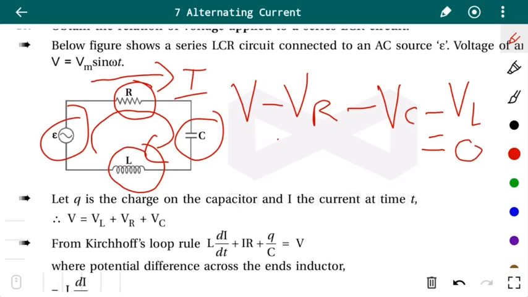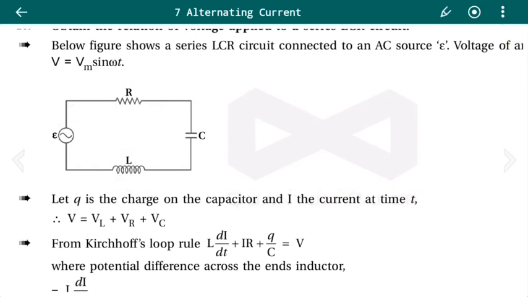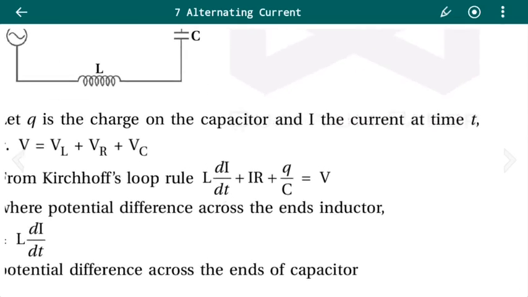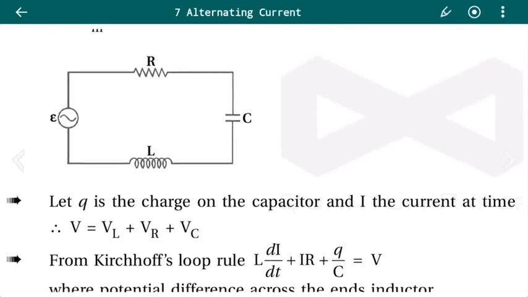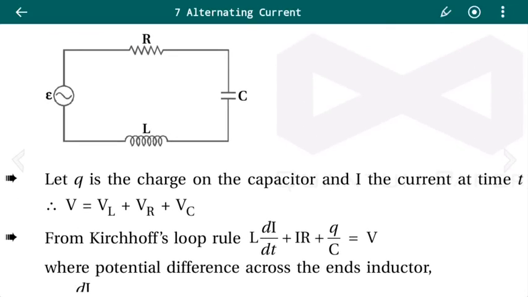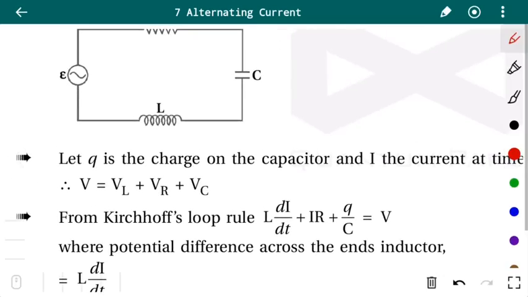Now taking this minus VR, minus VC and minus VL on the other side, we can write the equation as V equals VR plus VC plus VL. So this is the equation. V equals VL plus VR plus VC. And the voltage drop along the inductor will be equal to